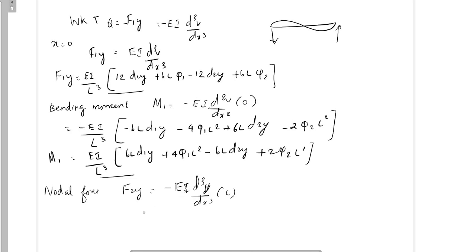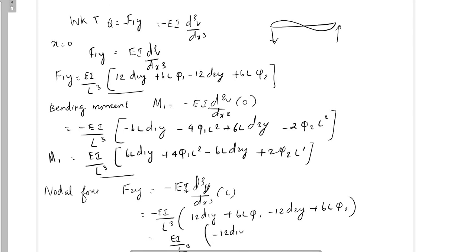So F2y is equal to minus EI by L cube, 12 d1y plus 6L phi 1 minus 12 d2y plus 6L phi 2. If you multiply the minus inside, EI by L cube, minus 12 d1y